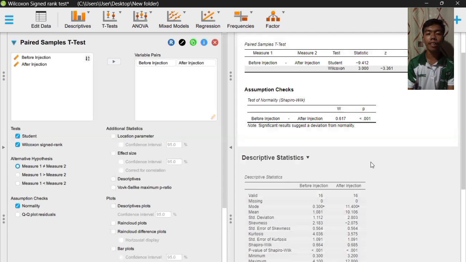The Wilcoxon rank sum test result of 3, which has a p-value less than 0.001, suggests a statistically significant difference between the water intake before and after the injection of hormone Y. Since it is less than 0.05, we are going to reject our null hypothesis.